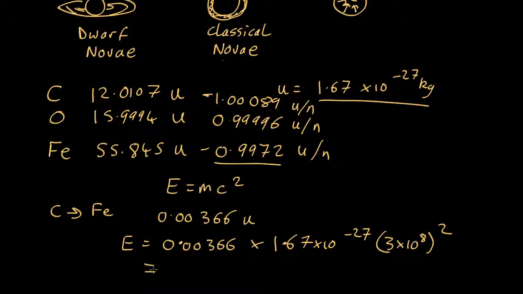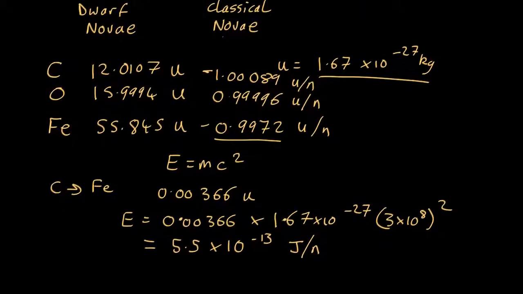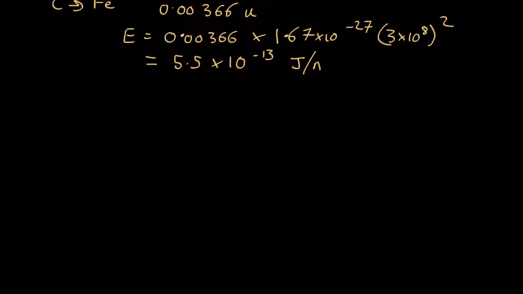And that comes out as 5.5 by 10 to the minus 13 joules per nucleon. So every time you take a nucleon, a proton, and a neutron, which is sitting inside a carbon nucleus, and do some nuclear physics to get it inside an iron nucleus, you get this much energy out. Doesn't sound like a lot, but